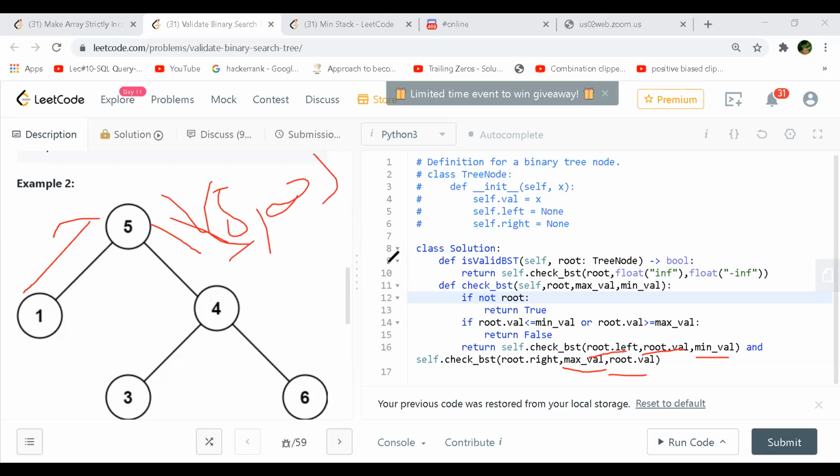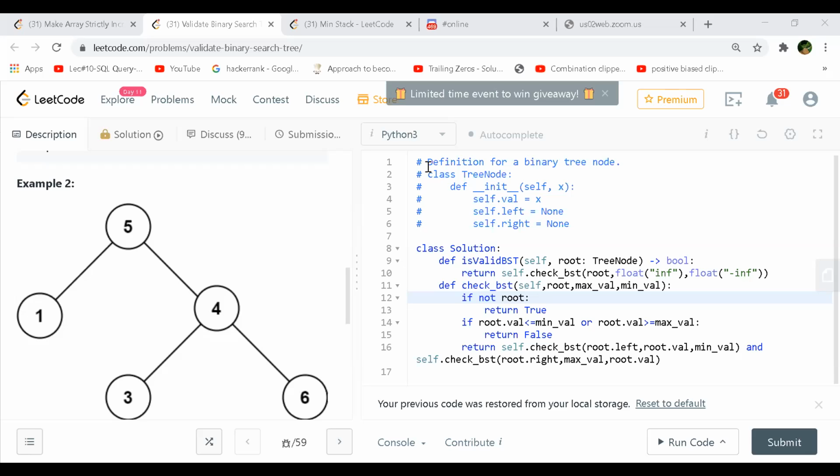So you're using in order traversal, right? Yes, in order traversal. So without extra space, we can do that, is what you're trying to say. Yeah, the call stack will be there, but that shouldn't be considered. And when you are using this, the most important thing is whenever it violates our binary search property, you return false. Correct, at that point, yeah.